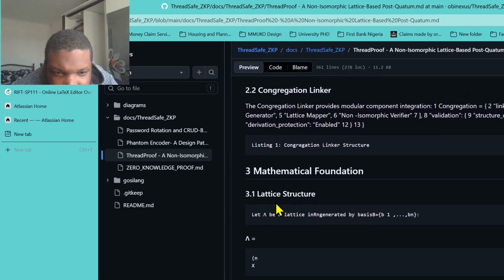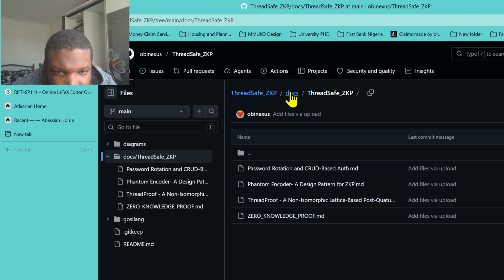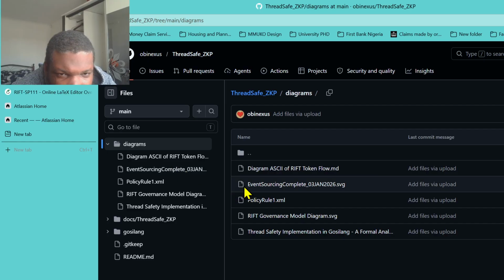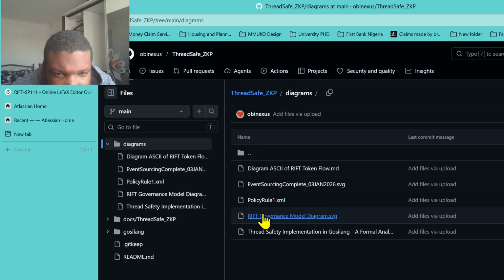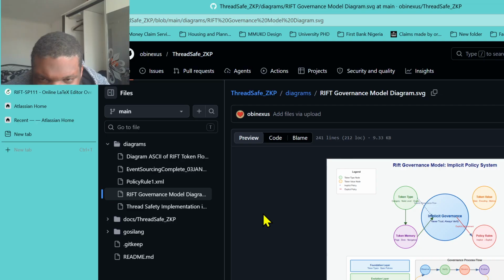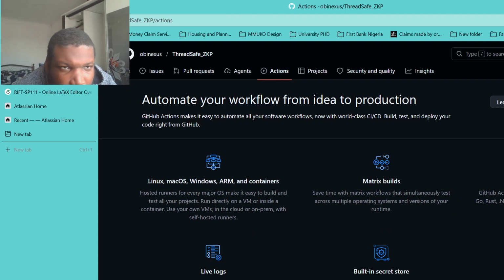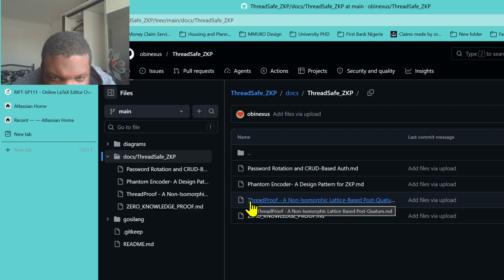So this is basically the any document folder. Thread page ZKP legacy. So yeah, this is the paper here. But it's a third string ZKP diagrams. This is the document here. So this is some of the documents here. Sorry about this, but it's about architecture. It doesn't even need to load on RAM because it already knows. It already knows basically. Let me try to find the